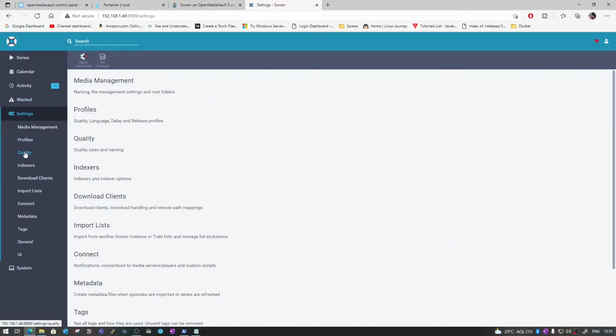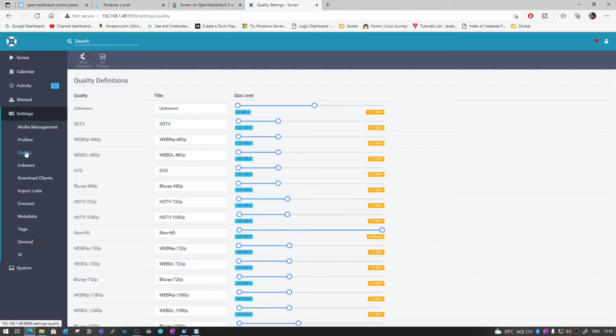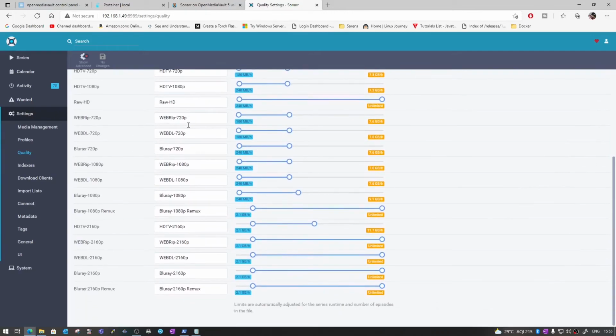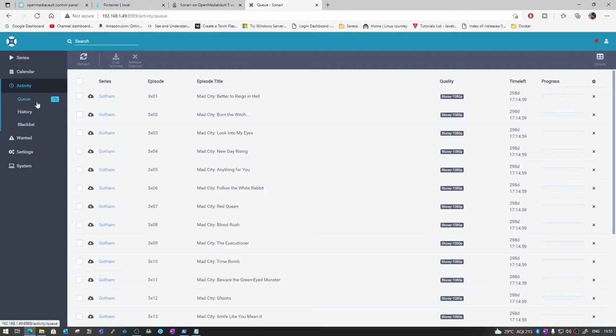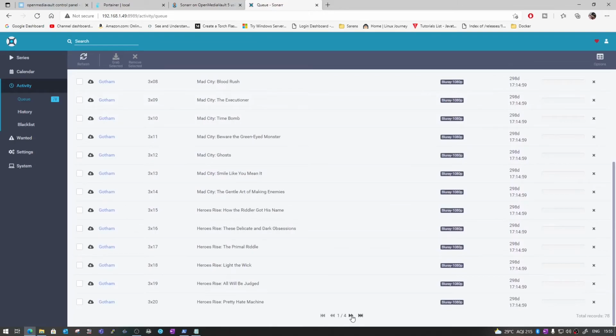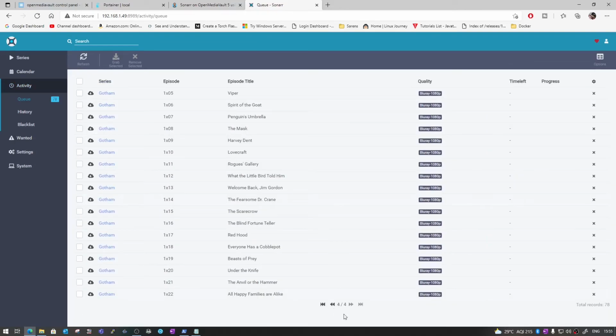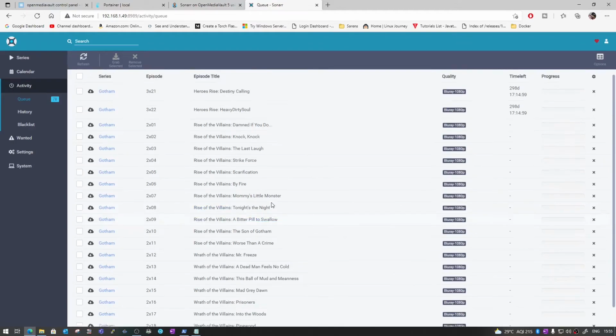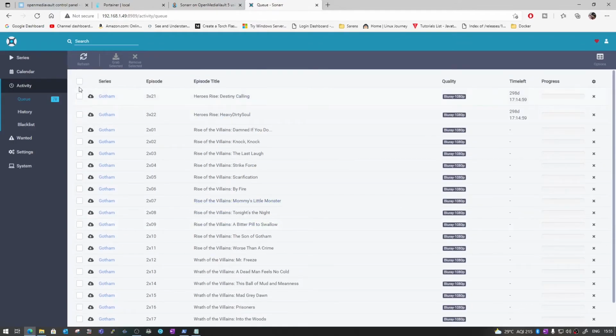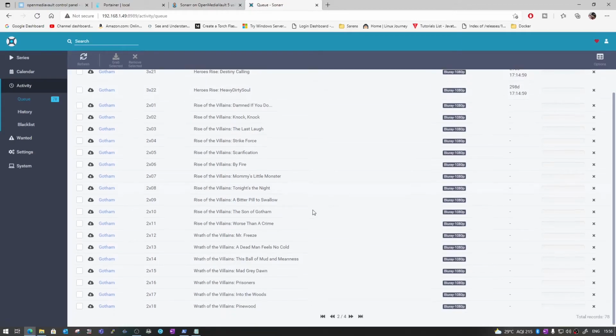If we want to change the quality, then again we need to go into settings and then click on quality, and we can select the quality from here, which quality we require. So now it's added 78 files, you can see. And I have also added one more series, you can say. So everything is downloading right now. If you want, you can remove the selected from here. So this one is the third season.